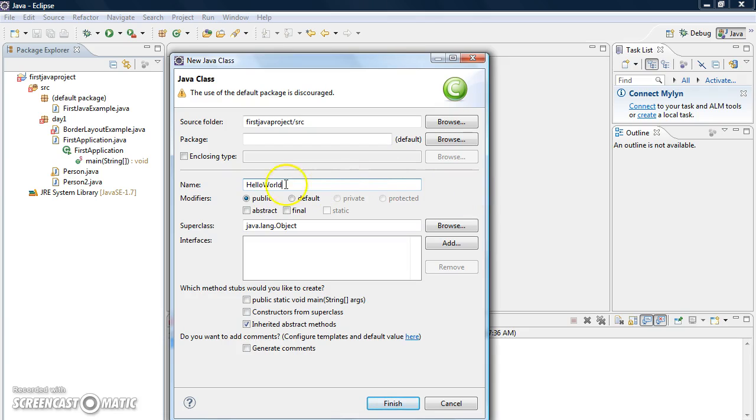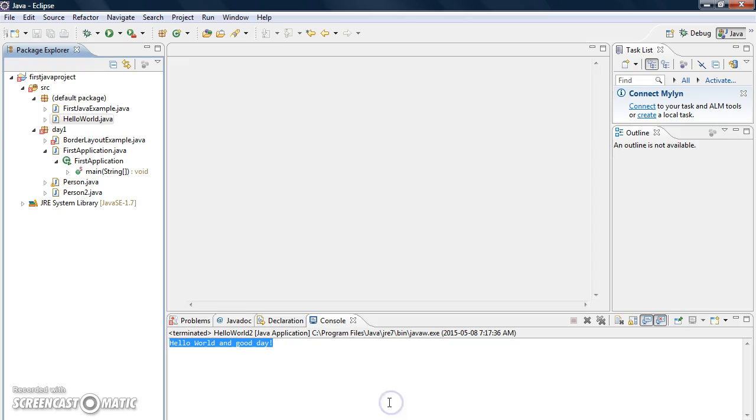So the first letter starts with a capital. Just make sure you keep in mind Java is very case sensitive. All the classes start with a capital, the uppercase here. Now ignore all the other parts. We only concern ourselves with this main one. So we create the main function and then we say finish.